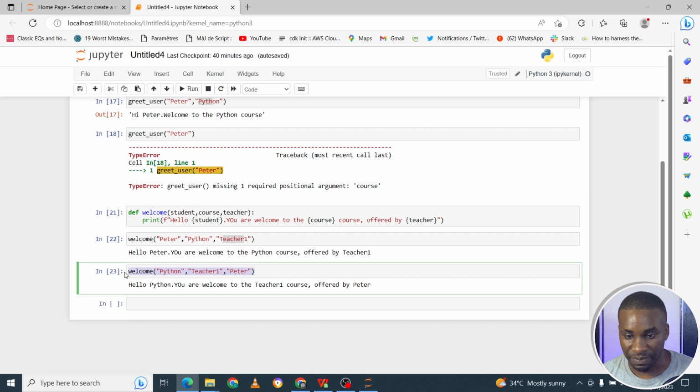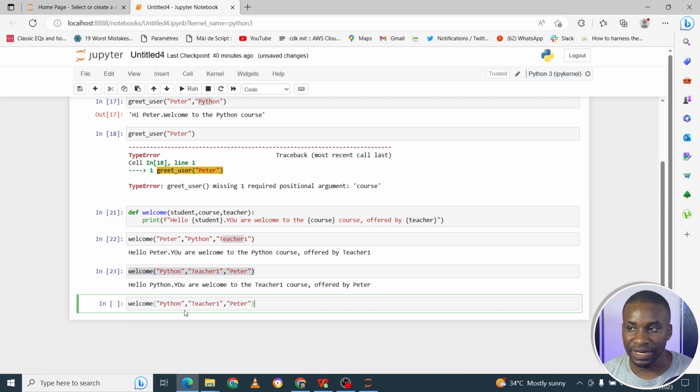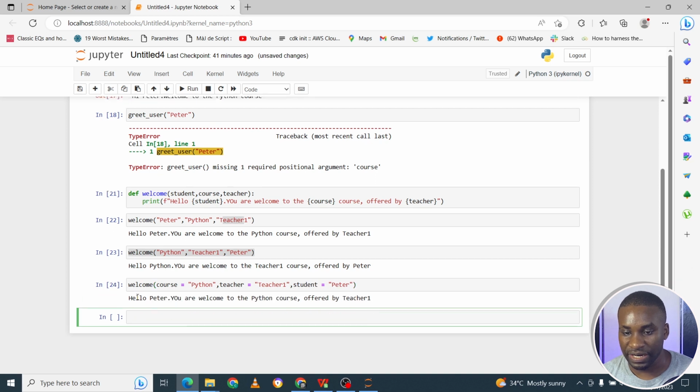Let's copy this, same thing, paste here. But instead, we are going to clearly tell Python that for this parameter course, here is the argument, Python. The second one called teacher, here is the value to use. Then this other one called student, here is what to use. So when you run this, you get the right thing: hello Peter, you're welcome to the Python course